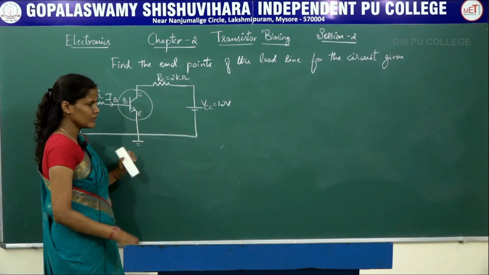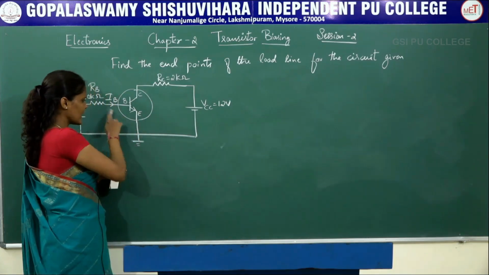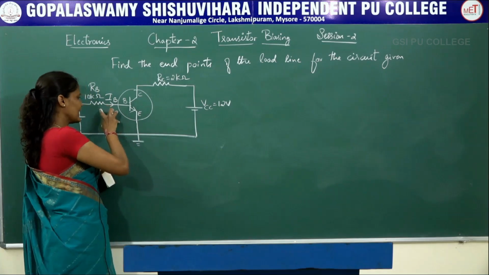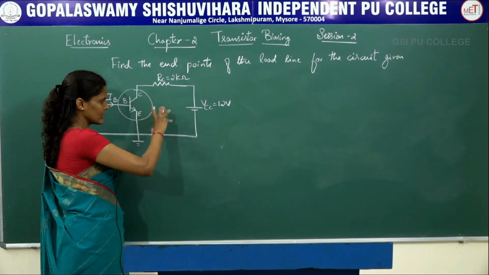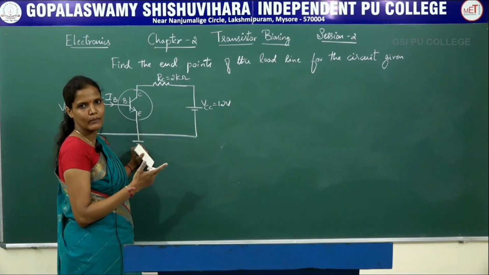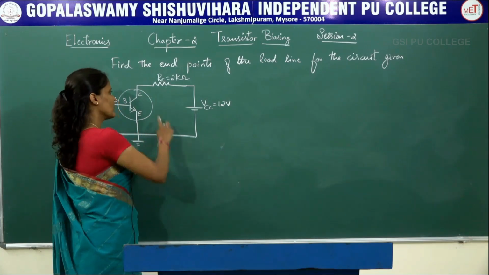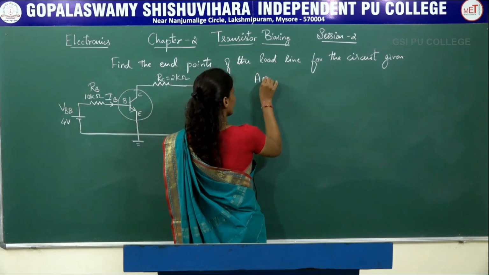So in the previous part that I explained just now, we applied KVL on this side and also on this side. But applying KVL for this part is not that important. We have to just concentrate on this part. We concentrate on the output side and apply KVL there. Let us try to find the end points of a load line. So applying KVL for this particular loop,